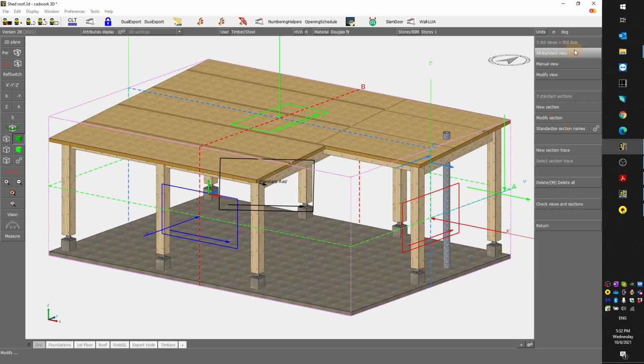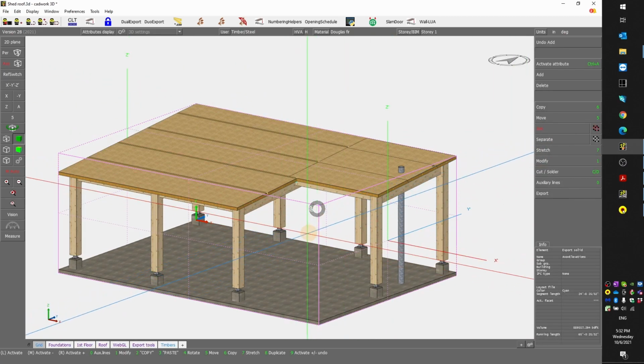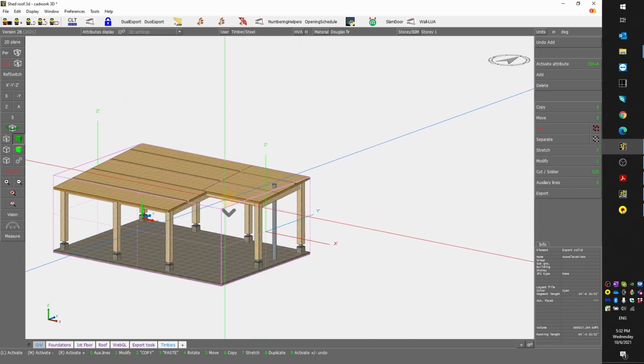So here you see modify view or modify section, etc. Here, if I click on manual view, I could add a new view. Okay, I guess that's enough for now. I can now go to the export function,